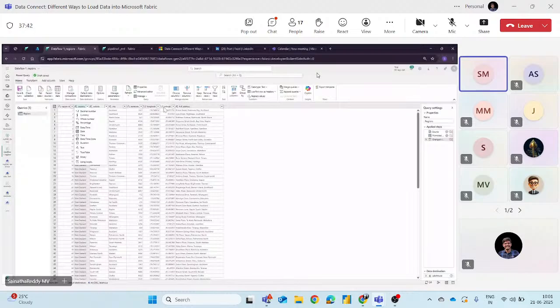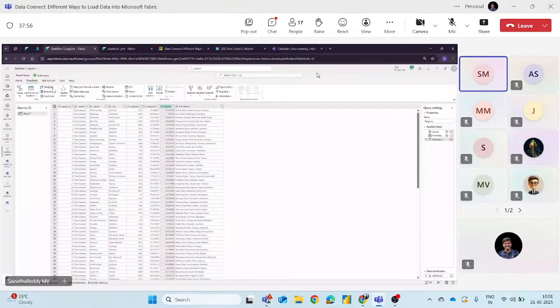Okay, no need to bother about that. We can use all this information. If you go to data transformations, count rows, we have 100 rows now.